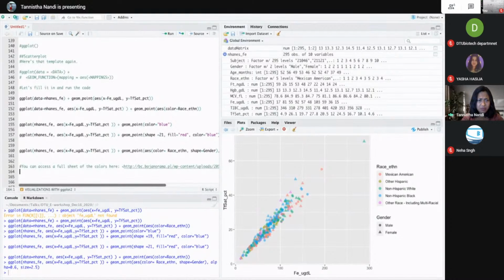And also, let me just, I think I have that site here. This is another reference that you could use. And then if I now load this library, RColorBrewer,